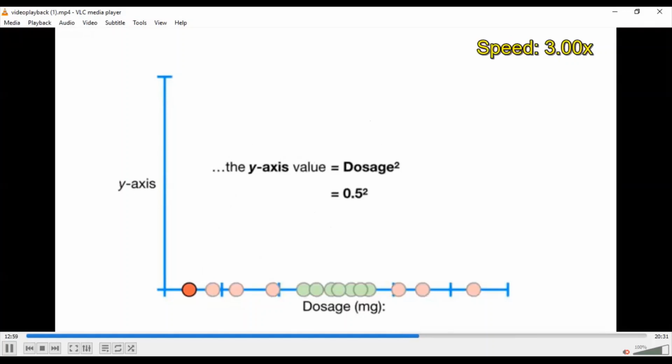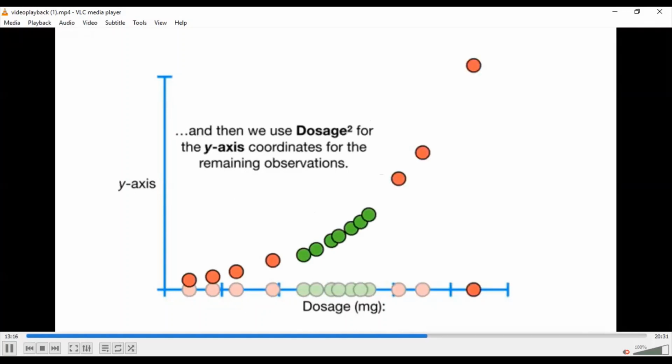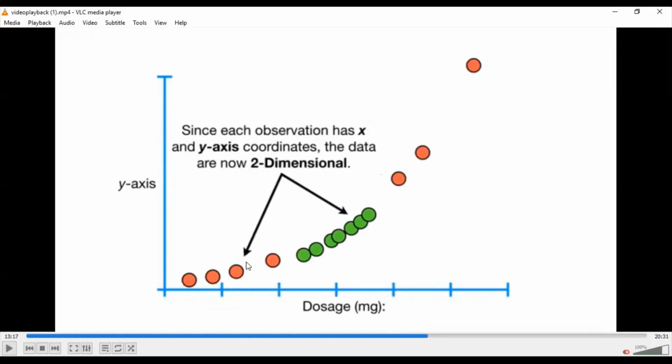As you can see, all the points are considered as (x, y), where we just do the x squaring. So now we have 2D data. We transformed our 1D diagram into a 2D diagram. It means we are providing more dimensions to your data.